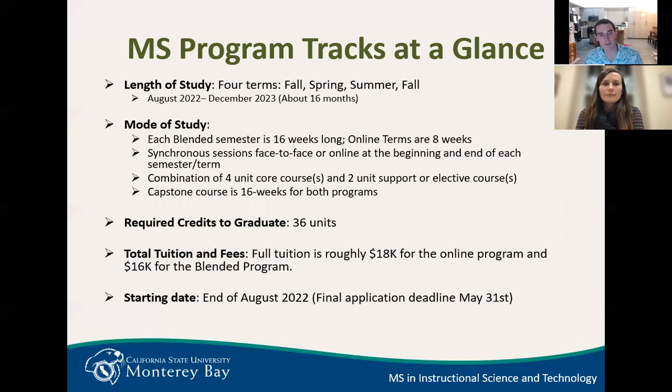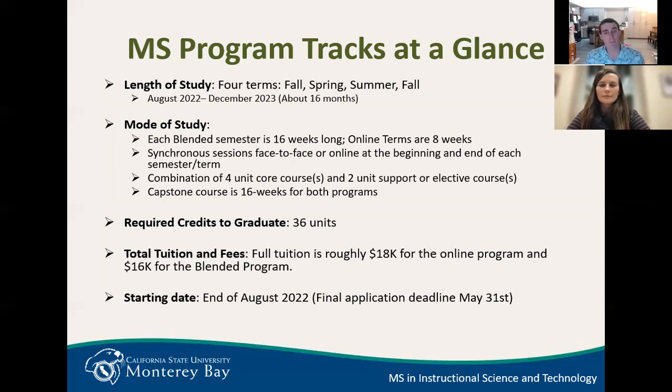So with that said, the only thing that really differentiates the blended and the online programs is primarily the way that the classes are delivered. The blended program follows a more semester style where you do 16-week-long classes. You'd probably take anywhere from 2 to 4 classes at a time, which might sound like a lot for a graduate program, but I'll explain how that works. It's not as crazy as that might sound. And then the online program plays out a little bit more like a quarter system. So the semester is just basically cut in half,